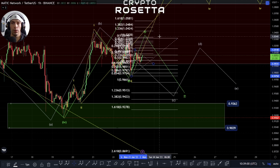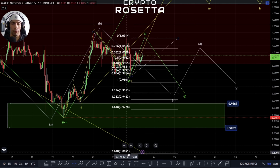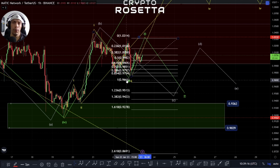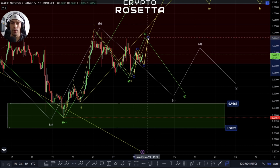So 1-to-1 would take us up to, let me just drop it on there. So 1-to-1 would take us actually up to this area here, which is 103.32. So if we do get this as a three-wave move to the upside, effectively what we'd be looking for is the potential that this is an A, a B, and a C up, and then we actually look to